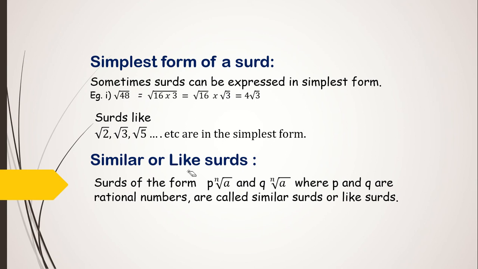Okay, with similar surds or like surds, I hope the definition is clear. Root 2, minus 3 root 2, 5 root 2, these are all like surds because the surd part along with it is the same. Now in this practice set we are going to learn how to do the operations on surds, that is addition, subtraction, multiplication and division of surds.